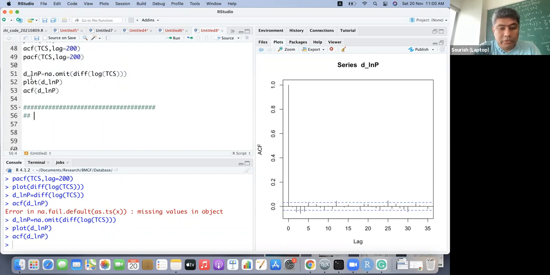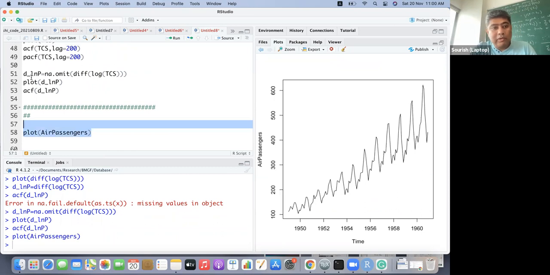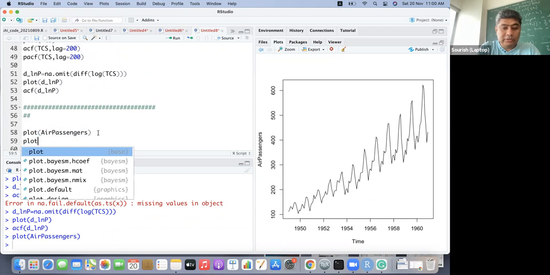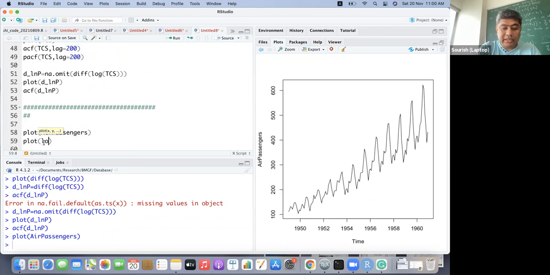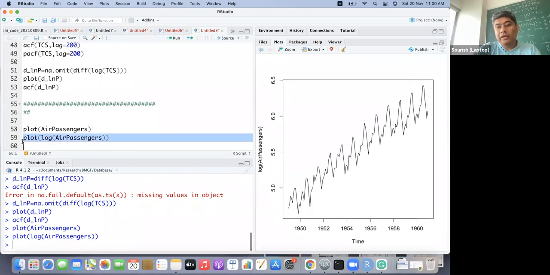Okay, so here is our air passenger data set. Now, if we take the log of that air passenger data set, we will see this exponential increase become more linear, and that actually helps us a lot.